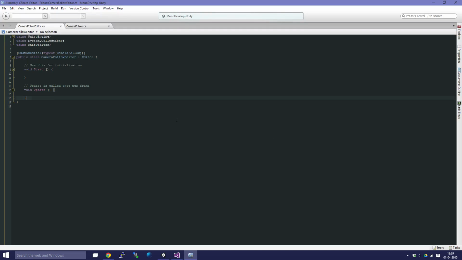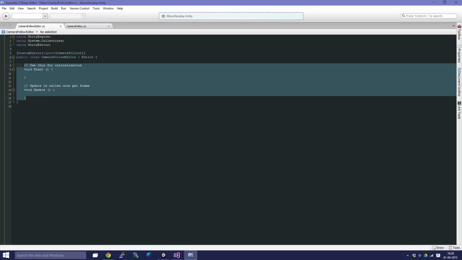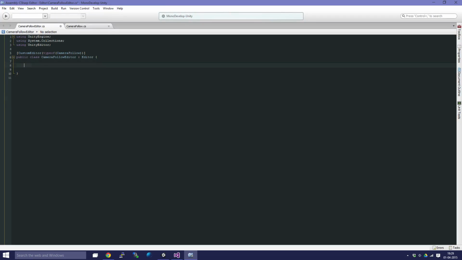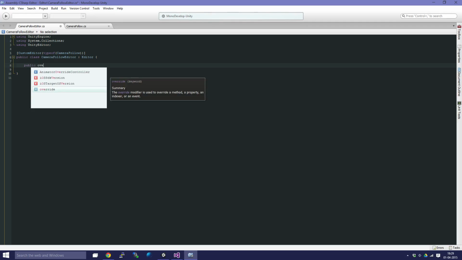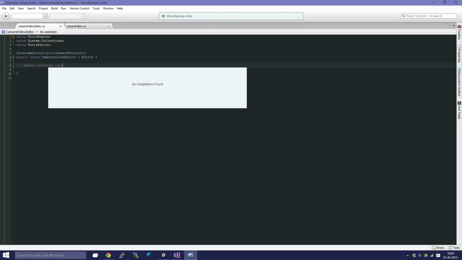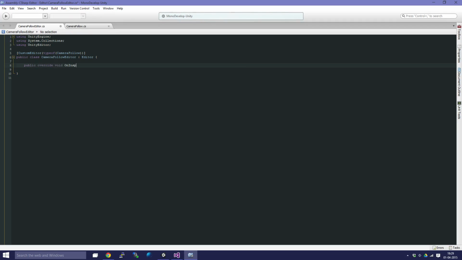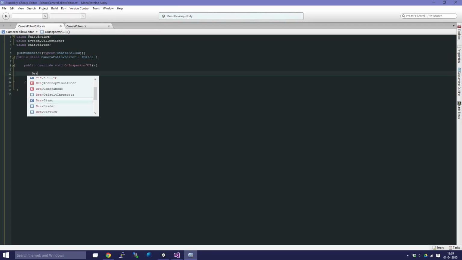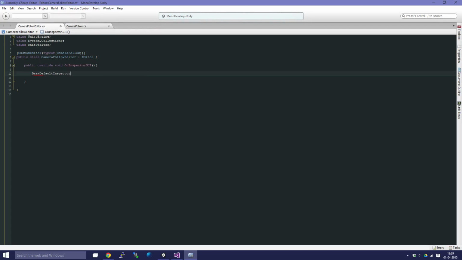Then we are going to create a new method. I just remove those and call it public override void OnInspectorGUI. This is actually just like the OnGUI function. So we're going to say DrawDefaultInspector,